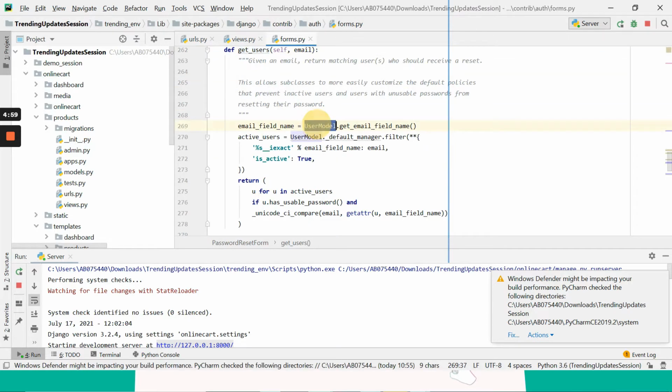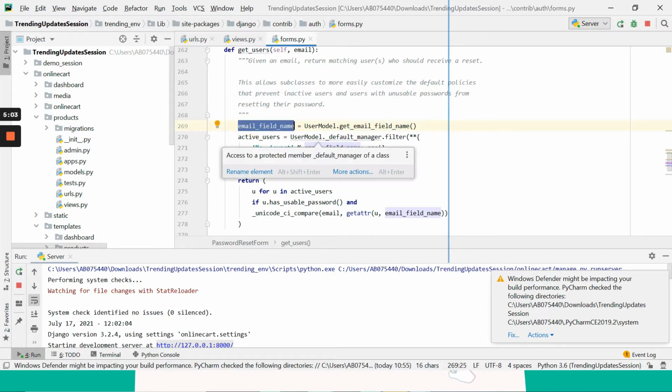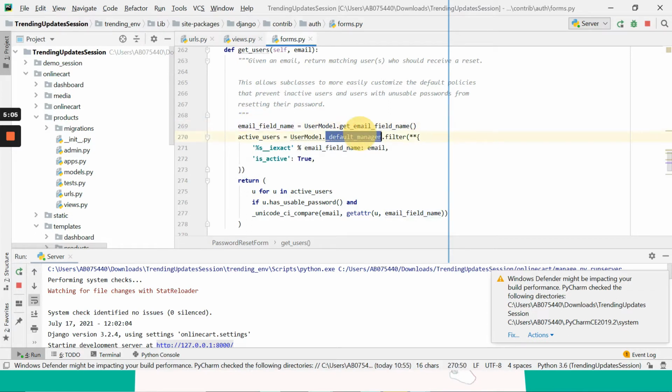It is loading from the user model the get email field name, and passing the email field name, it is doing a filter operation, an object oriented concept. It is looking for the active users. We don't have to worry if the user is not active. We don't have to fetch them if the user is not active. Inside which we are returning all the active users with that email ID.